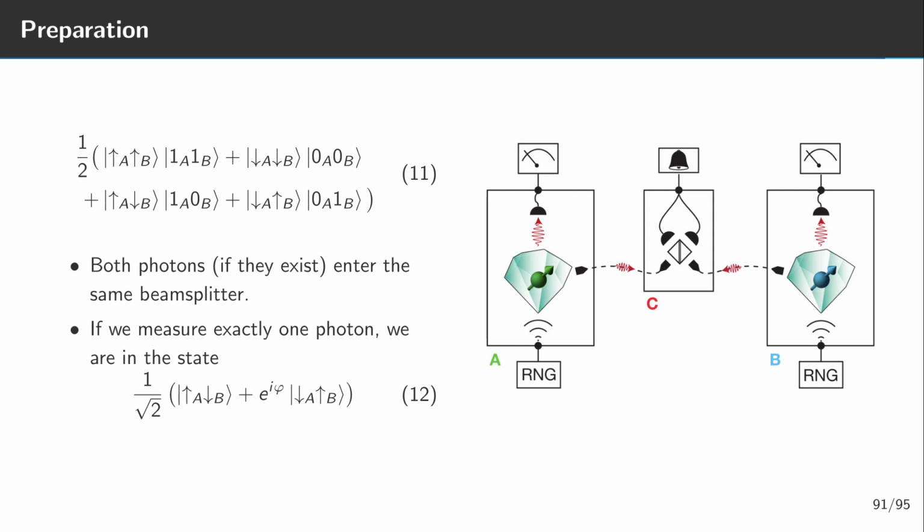So if we measure exactly one photon after the beam splitter, we are in the state shown below, because the spin down part falls away, since in that case no photon would have been emitted, and the spin up part falls away, because in that case we would have measured two photons. The phase phi here depends on the pathways of the beam splitter. If it's pi, we get exactly the initial state I talked about. So if we measure exactly one photon, we know that we are in the right initial state and begin the